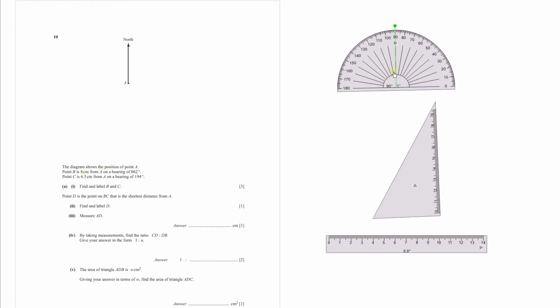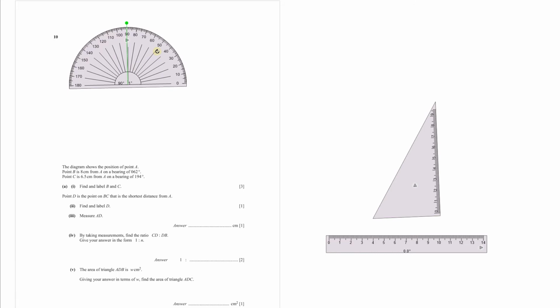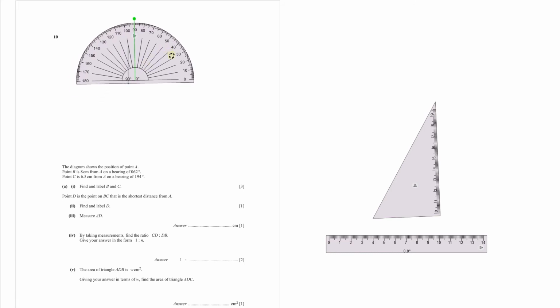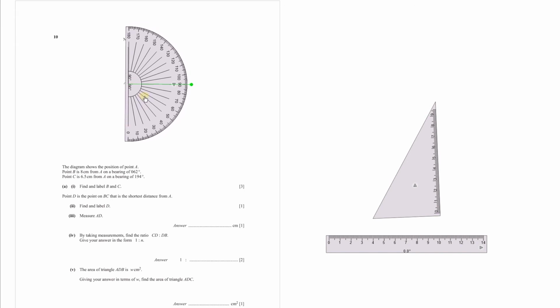So first I will mark the angle, then use my ruler to measure the distance. Since I'm measuring 62 degrees, let me align my protractor here. So I'll center it at A, then make sure your zero line is aligned with the north. So I have 180 here, so that means I will move 62. So this will be 10, 20, 30, 40, 50, 60. So this 120 mark makes an angle of 60 degrees with the north. So 118 will be 62 degrees from the north. So this point here